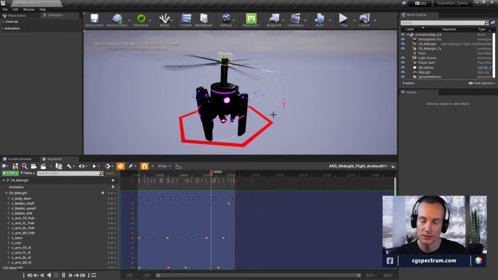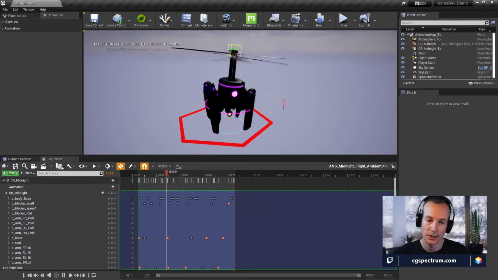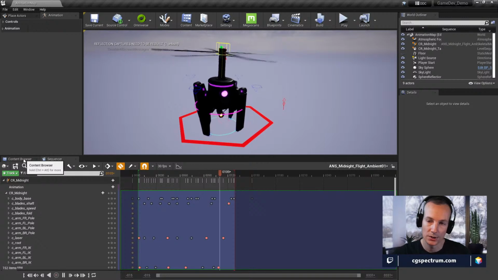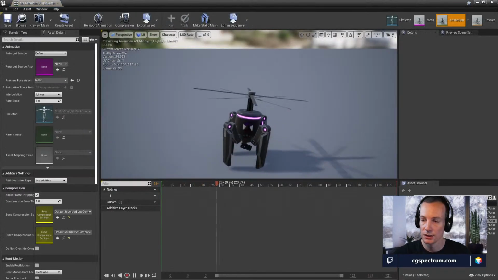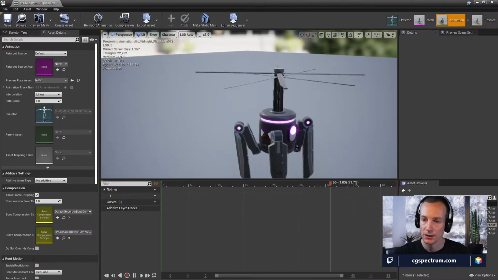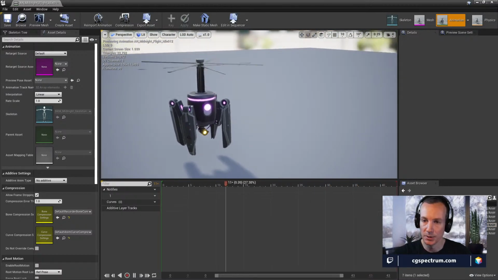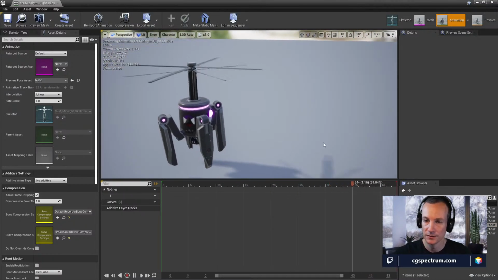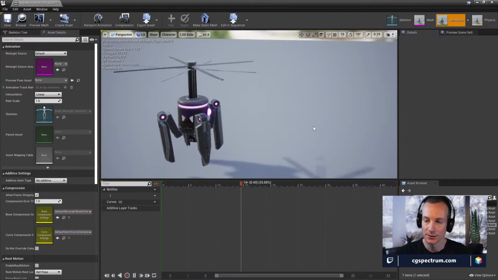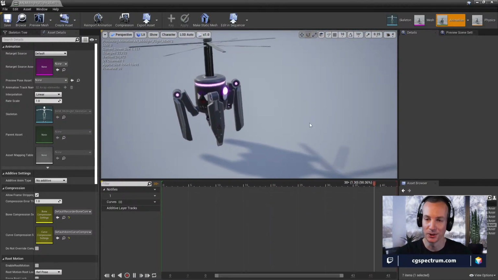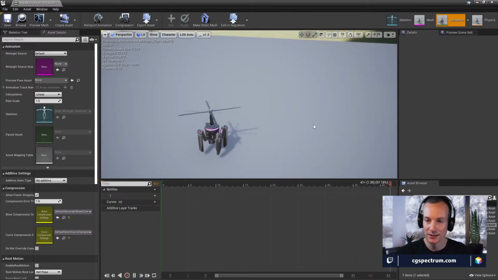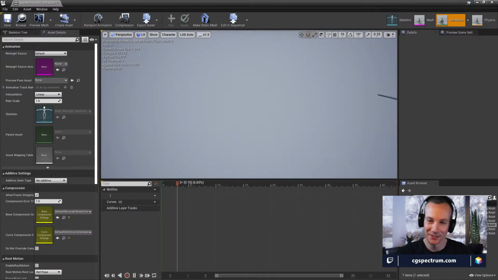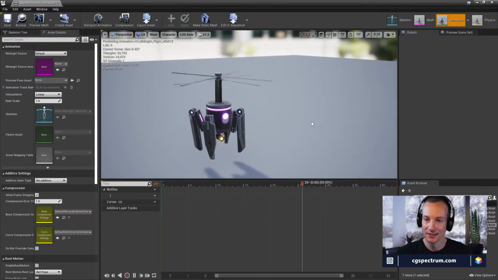I felt like the keys and the curves kind of felt natural. I don't know what this looks like yet as a cycle, but it works in conjunction with the flying idle. The flying idle is just kind of a back and forth, a little bit swinging. It's a short little cycle, so it doesn't have a lot to work with. Not super excited about this one, but I'm hoping if the character is sitting there moving, it might just work.